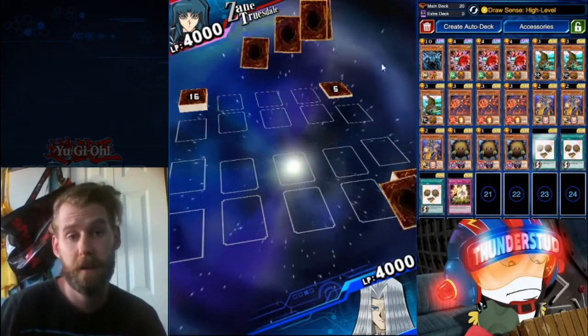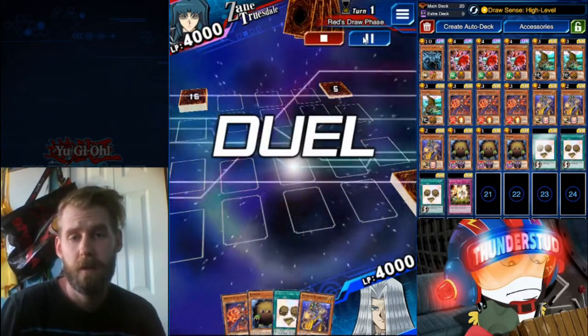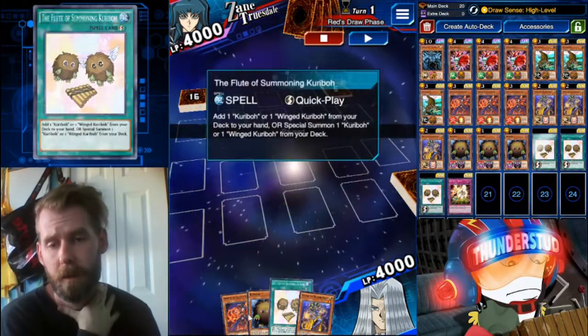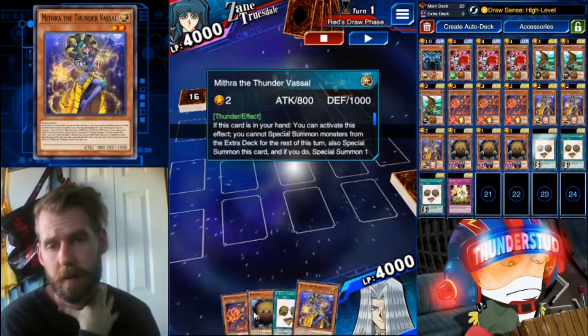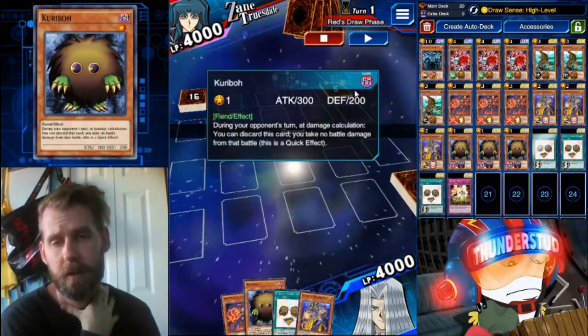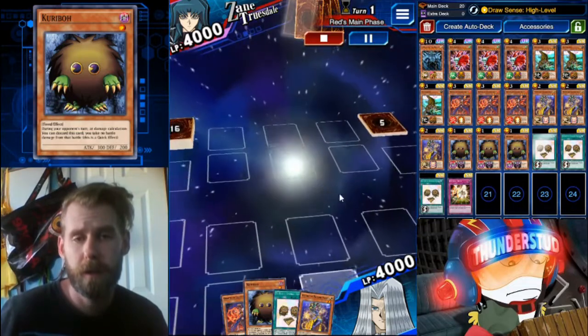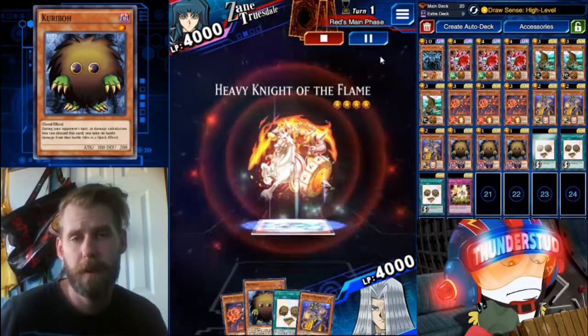So what are we fighting here? Balance. Pretty good hand. Just think of these as 3 special summons, and this will help us get 1800, get our Draw Sense High Level, get to the Obelisk real quick. Let's see what we're fighting. We are fighting